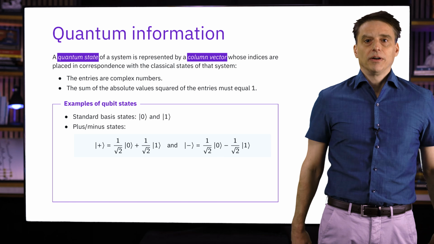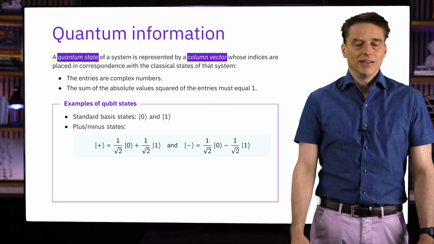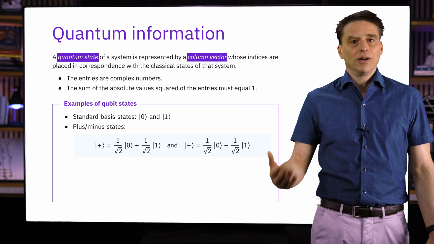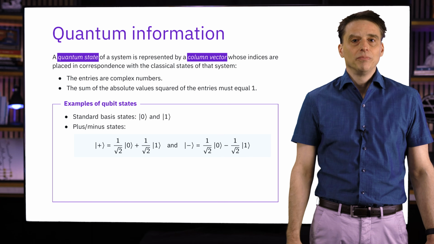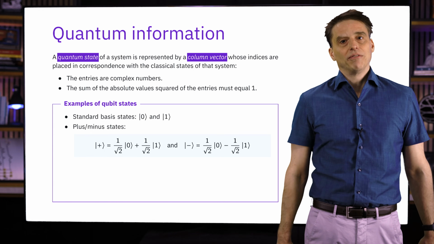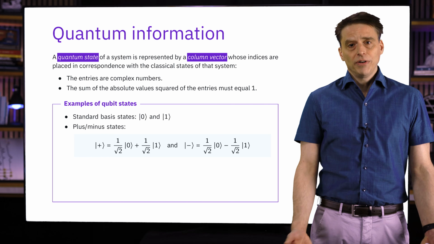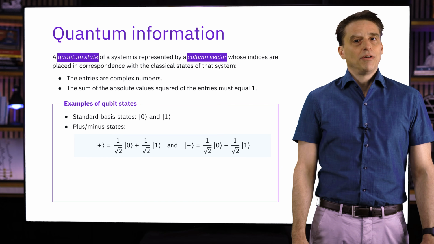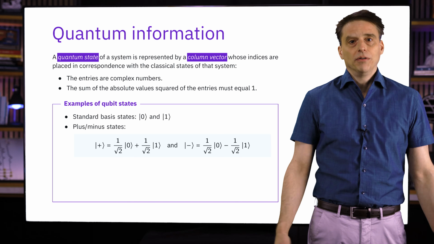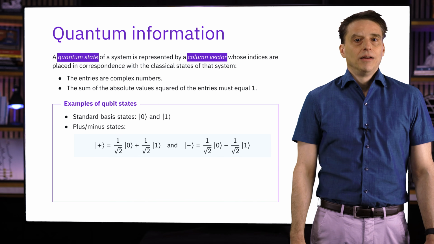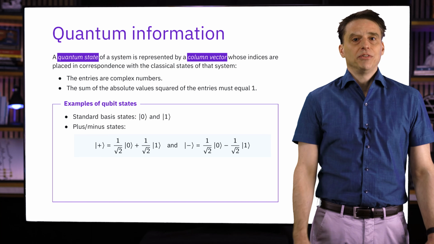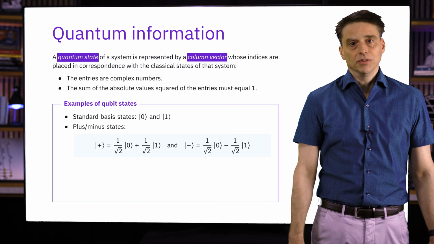By the way, putting a plus sign or a minus sign inside of a ket like this might seem a little strange because these aren't classical states of our system, but this notation is used nevertheless, and we'll come back to this momentarily. But for now, in short, we can use the Dirac notation to put whatever name we want for a vector inside of a ket. The vector doesn't have to be a standard basis vector when we use the Dirac notation.